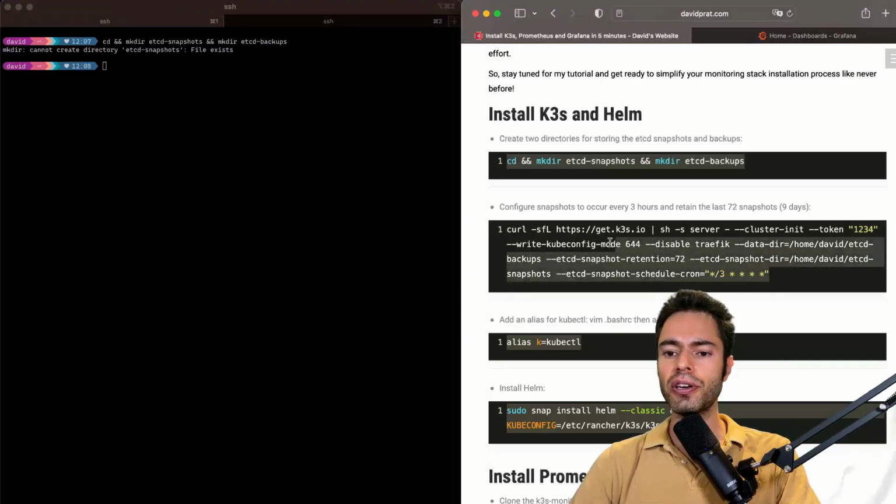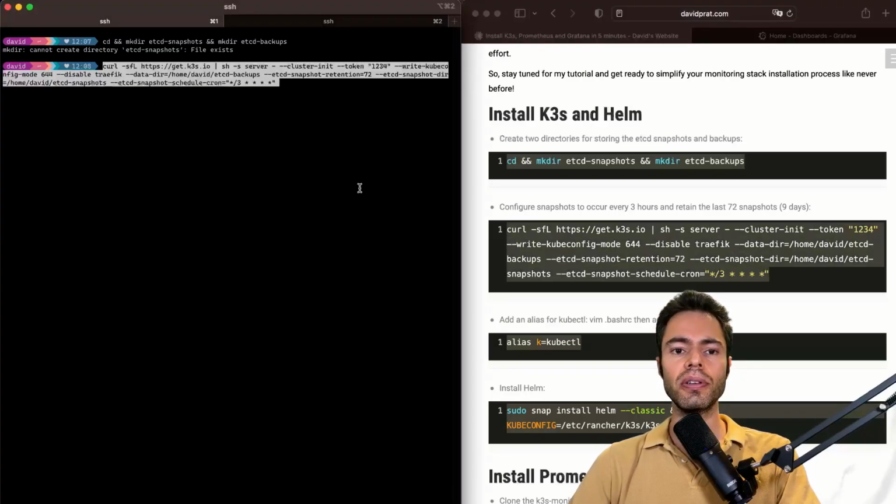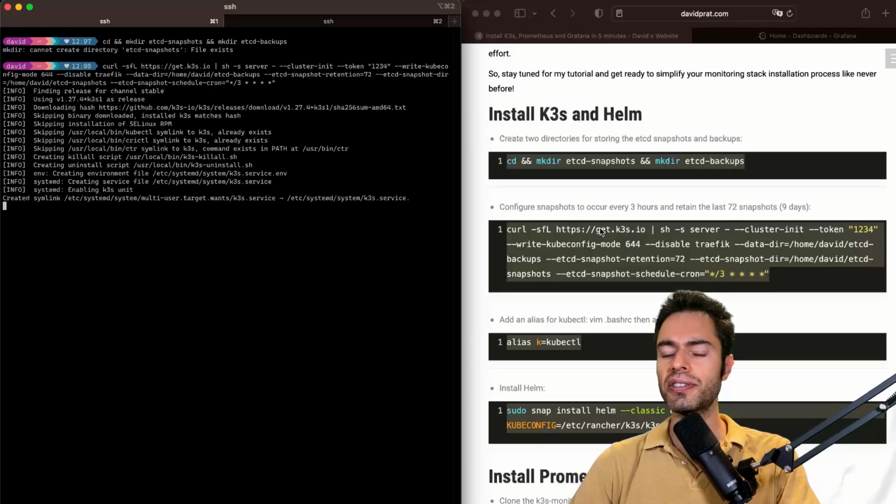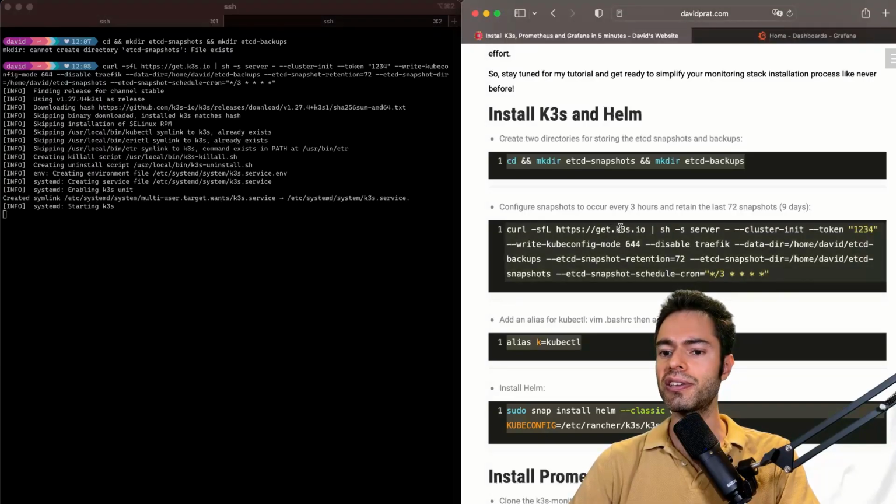In this case, you can see how I had already done this command on my laptop, so this is the reason the directories were already created. Now we are going to proceed to install K3s. Here you can see how we are accessing the K3s website to download the Kubernetes distribution. Then we are going to execute the server command with the flag --cluster-init. And the --token flag, this token would be used in case we wanted to attach different nodes